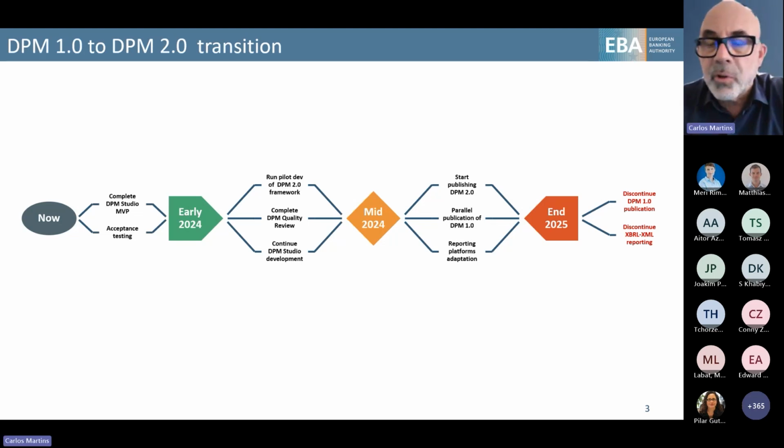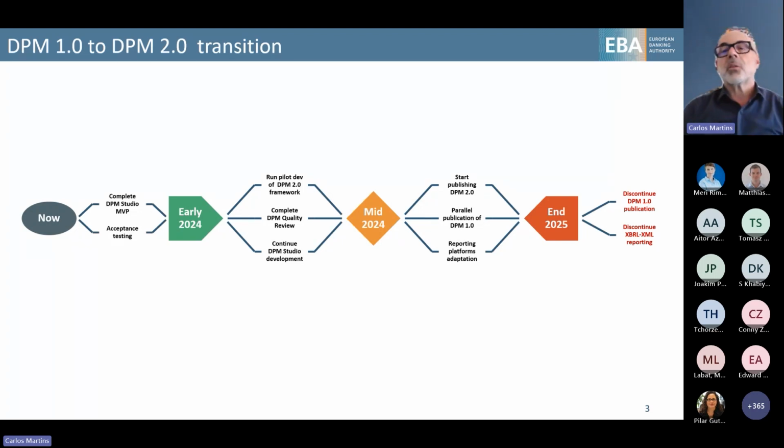We will also take this period to adapt our reporting platforms, which are now based on the DPM 2.1, and so should all the other stakeholders who have taken the DPM as a component in their reporting system. If they're not using it merely to understand the data concepts, but as a really dynamic component of the solution, then of course they will also need to adapt. And this is actually the main reason why we're having this transition period.